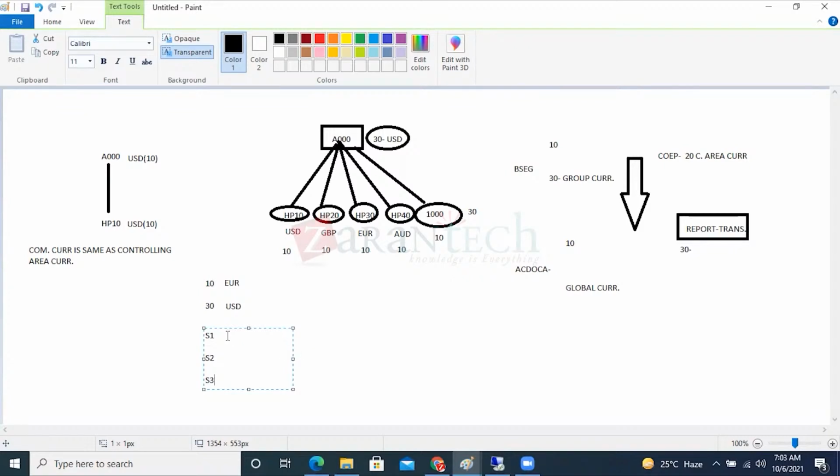So why do you want to use S1? This S1, I want to see the reports in GBP. S2, I want to see the reports in AUD. S3, I want to show the reports in INR. Very, very important. So these are going to be called the freely defined currencies you are going to be